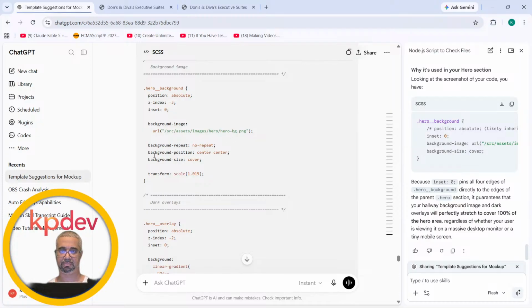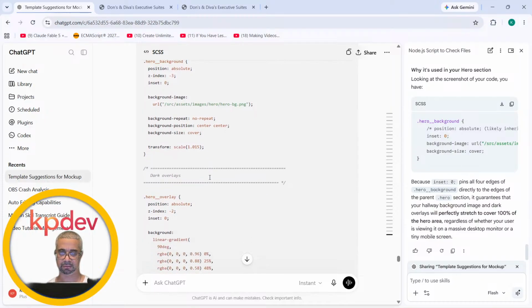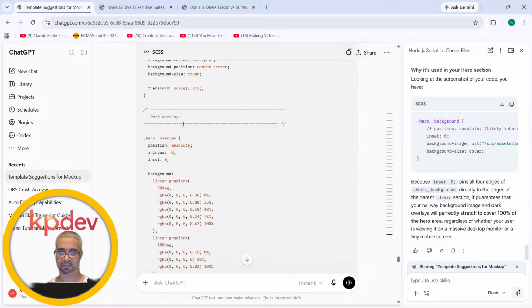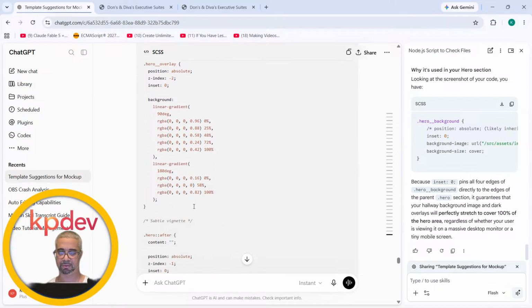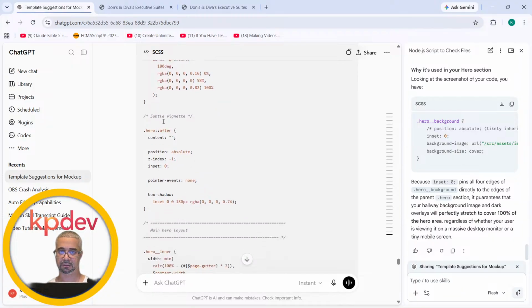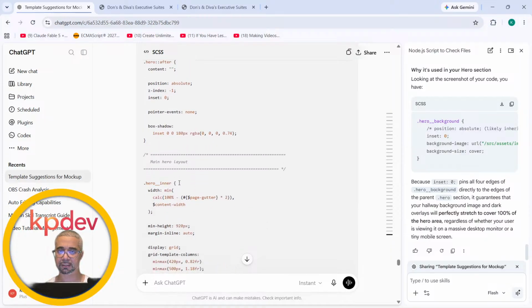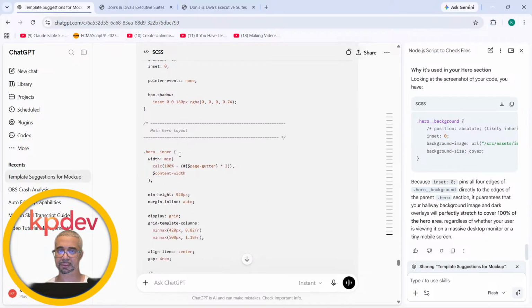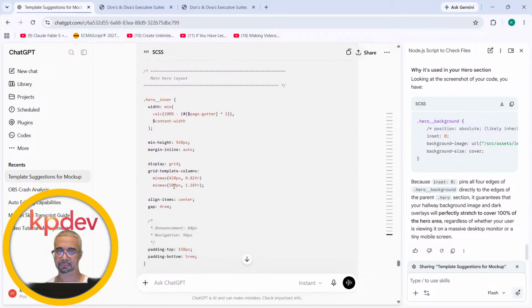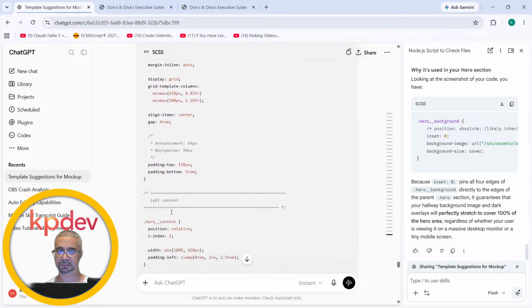Background repeat no repeat, background position center, background size cover, it's going to take up all the space, transform scale. Okay. So we have dark overlays, we got the hero overlay, position absolute, background, it's going to have a gradient background, subtle vignette, okay, main hero layout, inner, min height, okay, announcements, navigate,